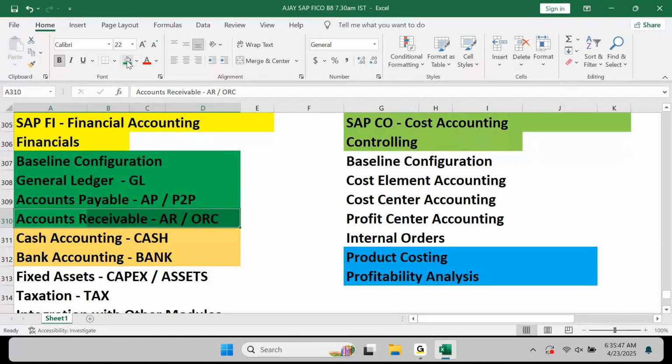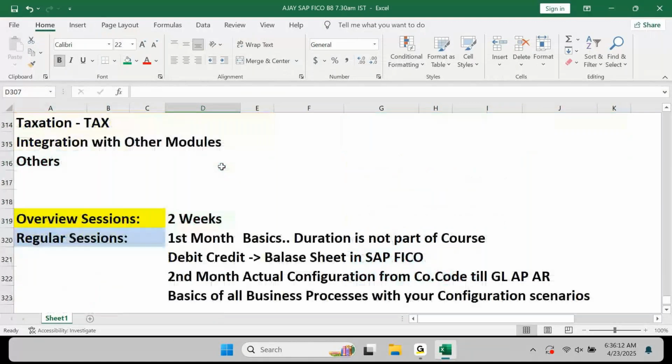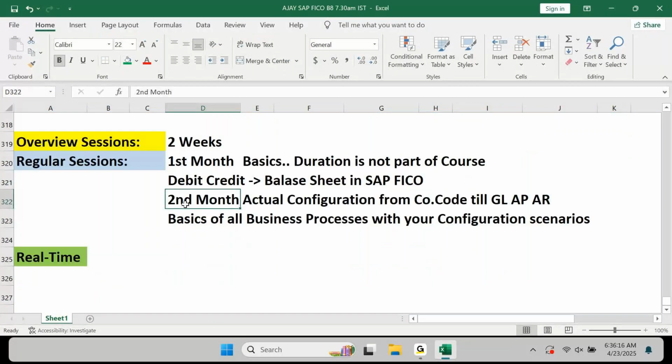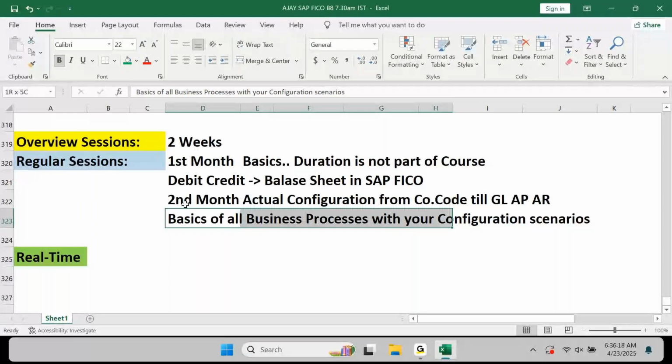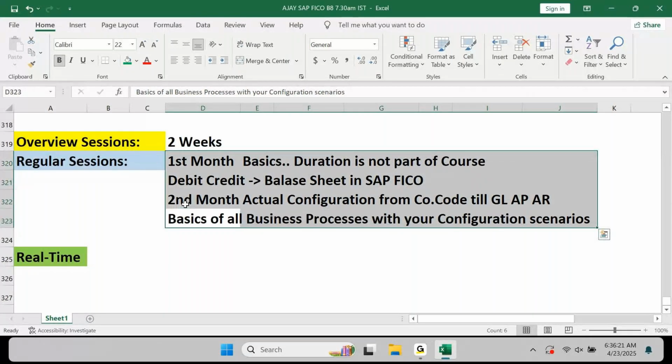If you wanted to generate a trial balance, you do not know how to see a trial balance. You do not know how to download a trial balance. You do not know how to understand the trial balance from SAP. We need to understand how to upload the trial balance. Now, uploading the trial balance and understanding the trial balance, all these points you will do in the 2nd month. Meaning, by the time you complete these 2 months, you are fully aligned with the process, whatever you do